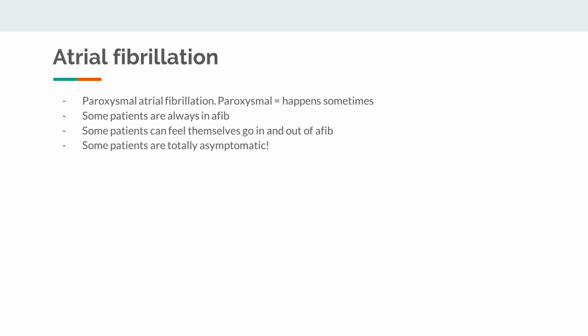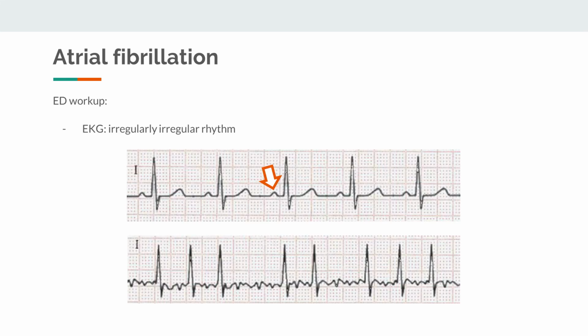So how can we tell if the patient is in AFib? We do an EKG. The top is showing a tracing of a normal EKG where the arrow is pointing at what's called a P wave. The P wave is when the atria contracts and is also considered to be the beginning of a normal heartbeat. Now let's look at the bottom EKG where the arrow is pointing. As you can see, there is no discernible P wave, it's just a bunch of random squiggly lines. These are fibrillatory waves caused by the atria spasming and quivering instead of contracting rhythmically. This is one of the characteristics of AFib on the EKG.